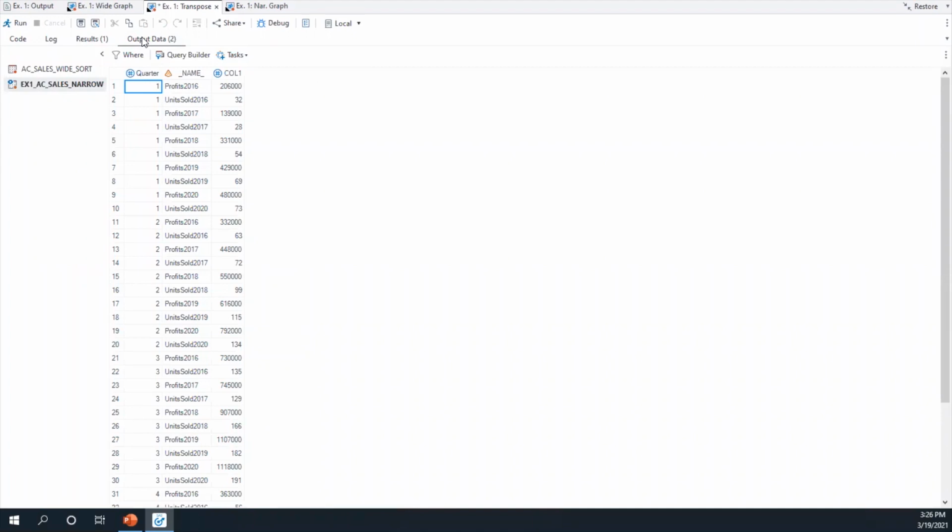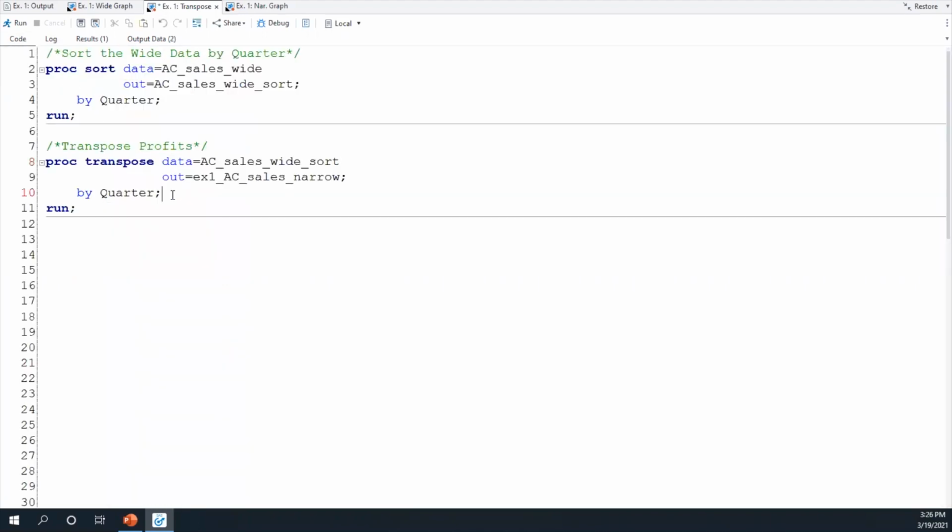By default, proc transpose has transposed all numeric variables. But since we're not focusing on units sold right now, we want to tell SAS to only transpose the profits variables. And we can do this with a var statement. So going back over to our editor again, let's add the var statement.